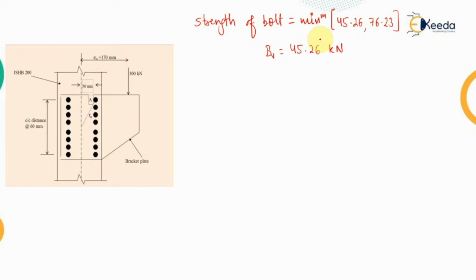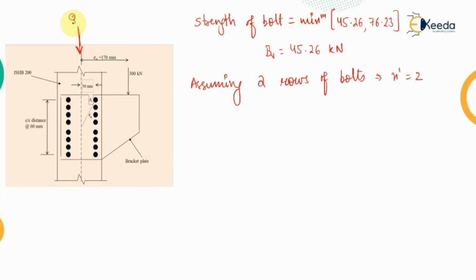Now we need to calculate the number of bolts and the number of rows of bolts for the connection. So let's assume that we are providing the bolts in 2 rows. That has to be assumed. So assuming two rows of bolts, that means n dash is equal to 2. Now corresponding to this eccentricity and the load, we can transfer this load up to this centroid position.